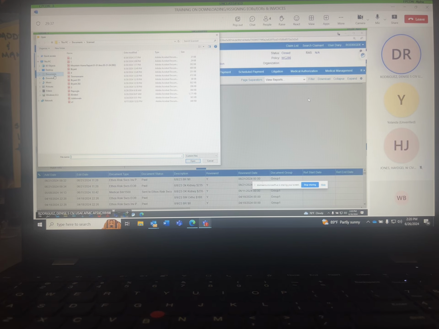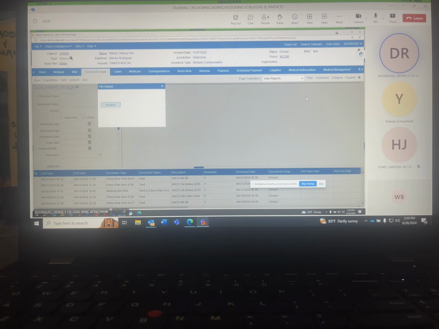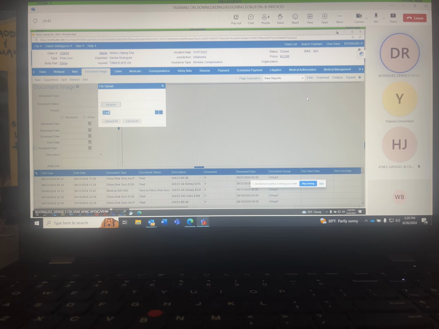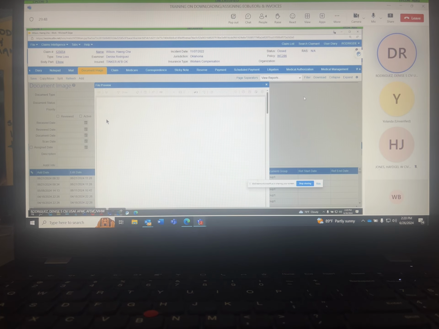You'll search for that file. It automatically went to my file. I know that I labeled it number 2, so I clicked on that and I hit upload. And it's going to upload all 3 of those